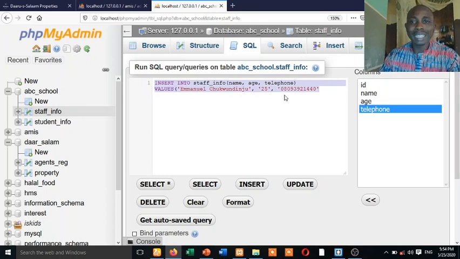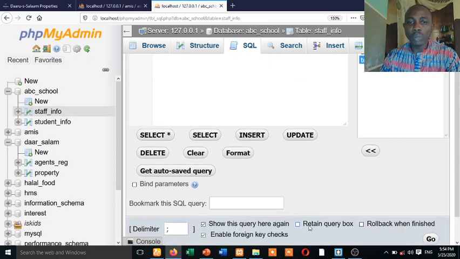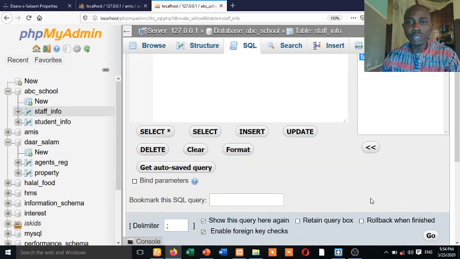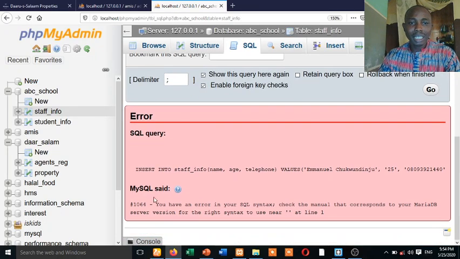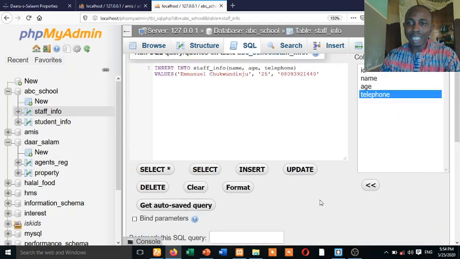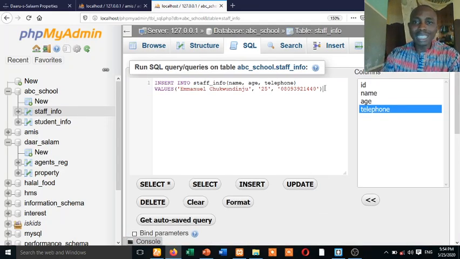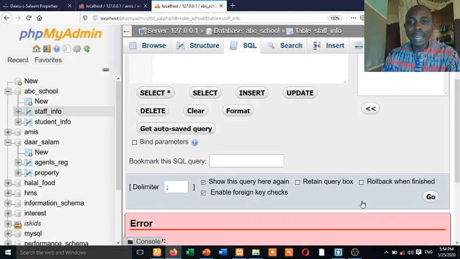Now you can see I mistakenly omitted the closing bracket. So it's going to complain when I click on go. I intentionally did that. You can see it said SQL syntax error. The reason it's giving a syntax error is that the values are supposed to be inside this bracket, and I mistakenly omitted it. So when I click on go now,